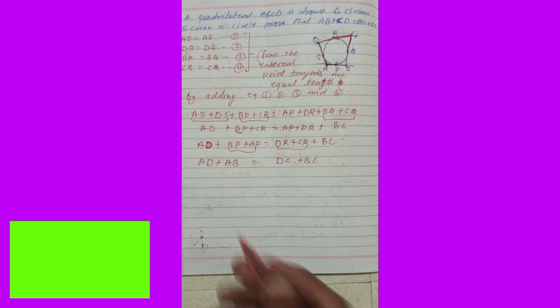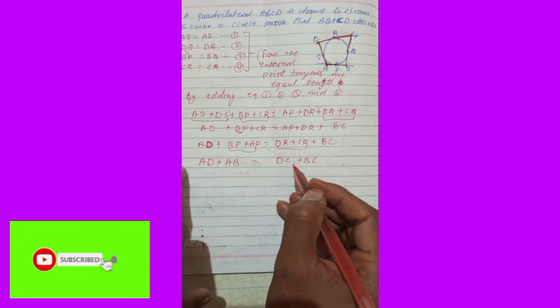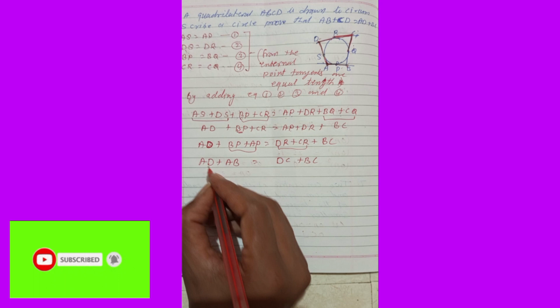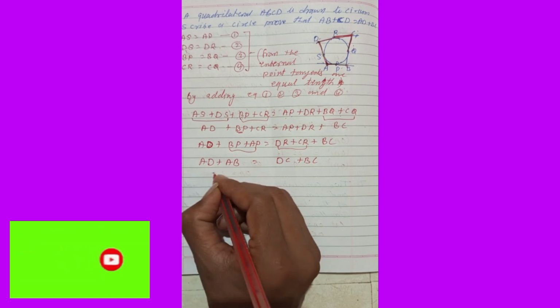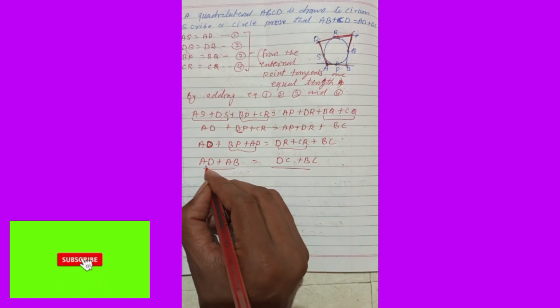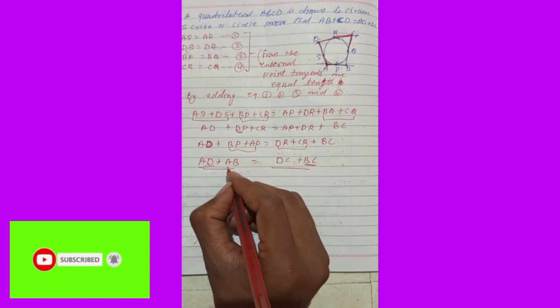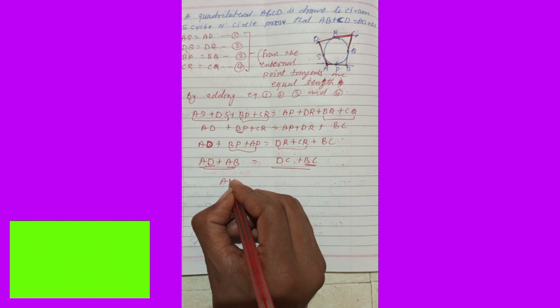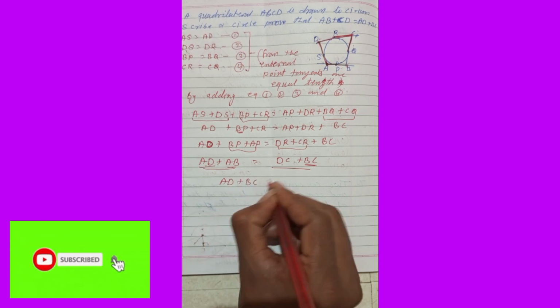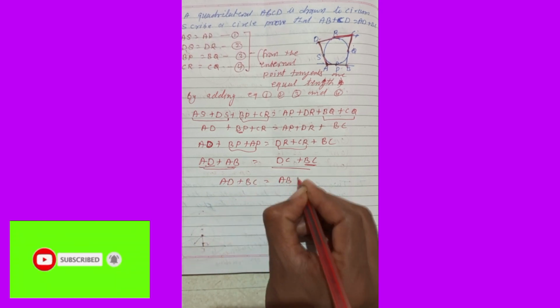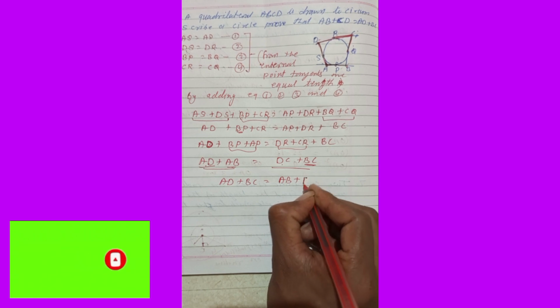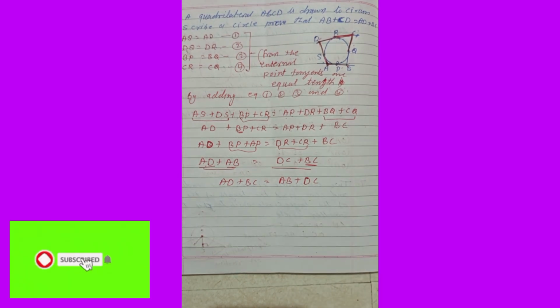And again you can write the opposite, this side and this, all sides are equal. It is like that. So hence it is proved. Equals came because of AD plus BC. AD plus BC is equal to AB plus DC. So you can write AD plus BC is equal to AB plus DC. If you do not get it this way, then we can do another type.